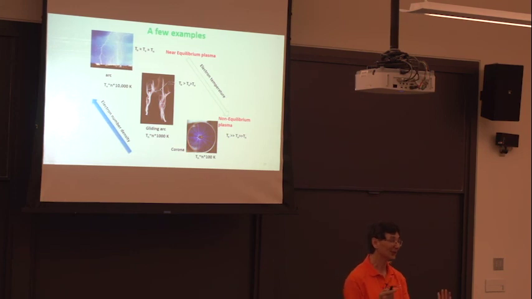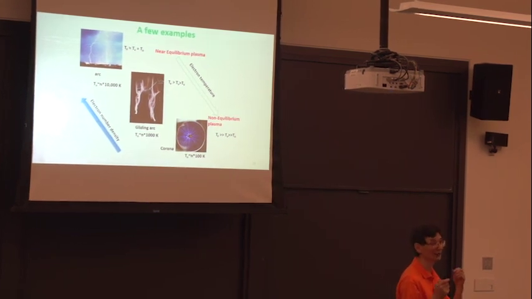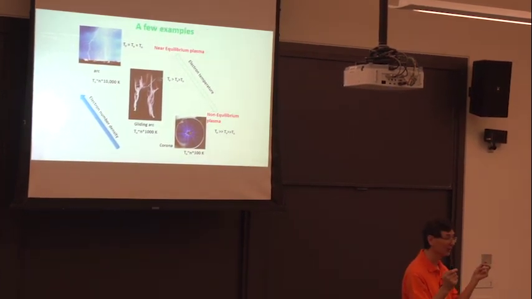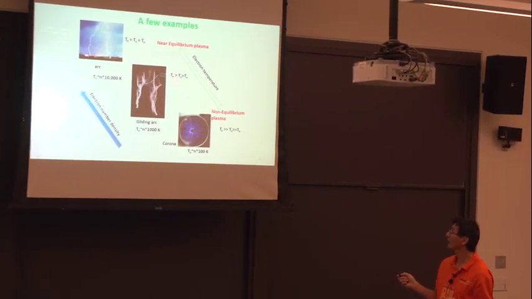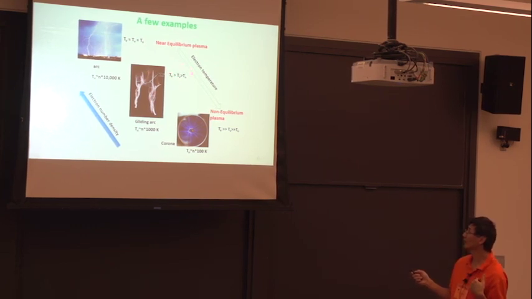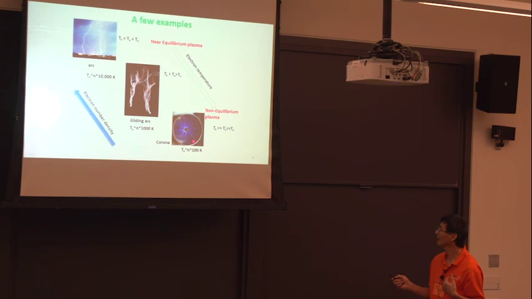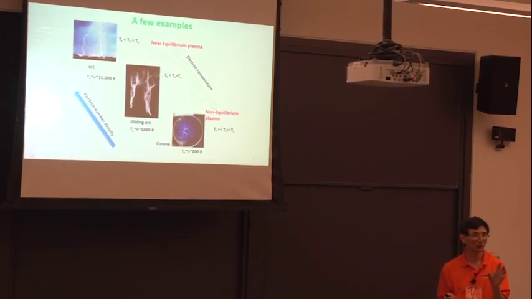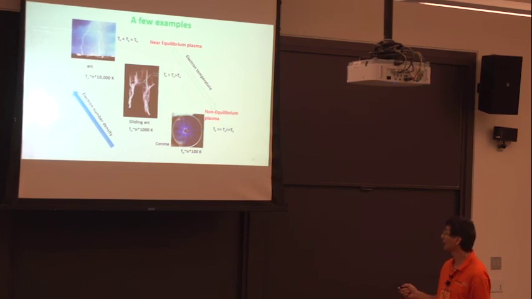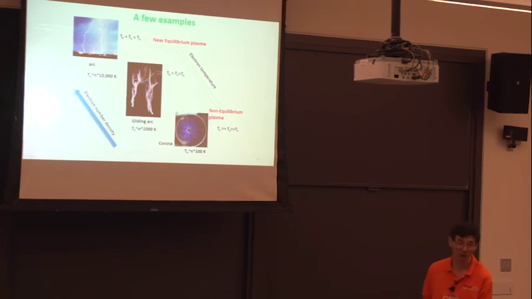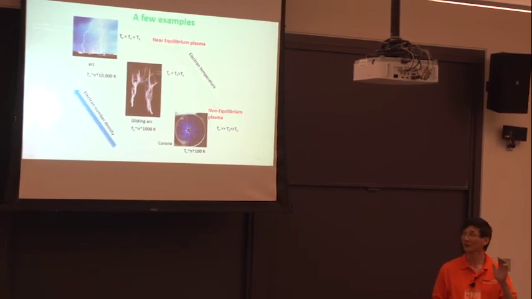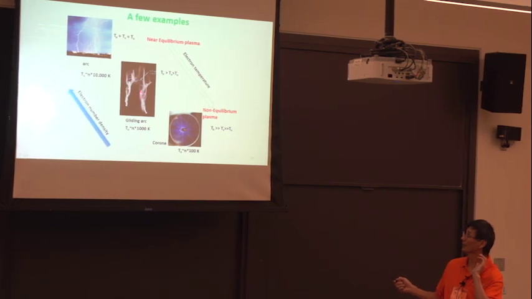If you have a lot of heat loss, the electron number density will decrease. If the electron number density decreases, the current will decrease and then the voltage will increase. If the voltage increases, then my electron energy is going to gain. If they move, as in my gliding arc, then my electron energy becomes larger than that of a neutral molecule. And if I have a very short pulsed plasma, there's no time for equilibrium to establish. At that time, like a corona discharge, I have an electron temperature much larger than the vibrational temperature, much larger than the neutral gas temperature. So this is a typical example going from thermal plasma to non-equilibrium to far non-equilibrium plasma in applications.